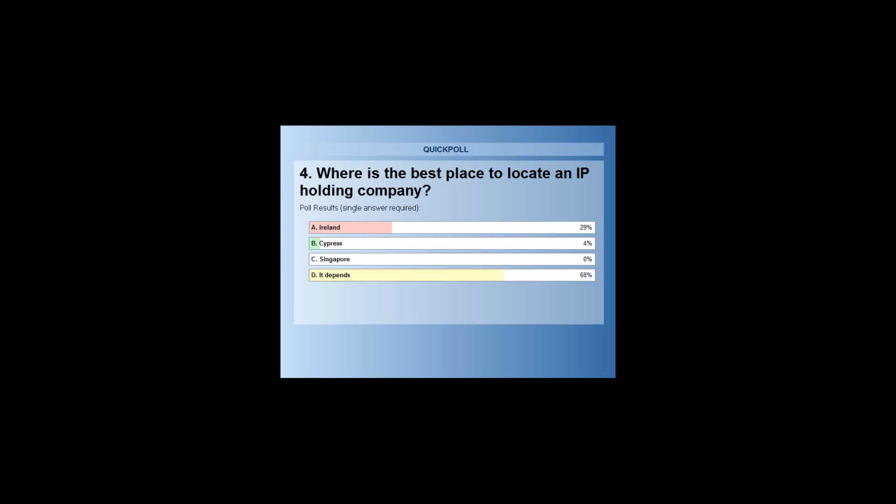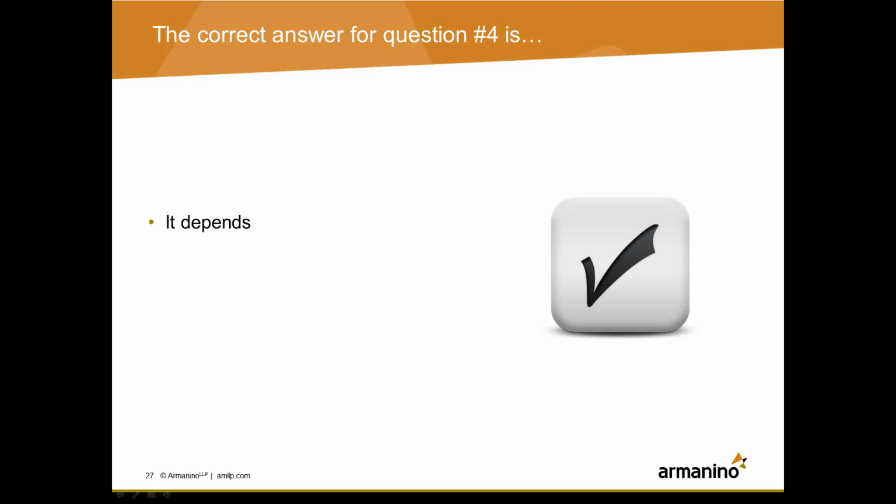All right, so yeah, this was a little bit of a trick question. Ireland, Cyprus, and we'll excuse the spelling on Cyprus, and Singapore are all jurisdictions where you can locate offshore IP structures. Cyprus, given their banking issues, is a little lower on the totem pole, but there are a number of jurisdictions that are very beneficial from a tax structuring perspective. They include Ireland, Singapore, Netherlands, Switzerland. The UK has a beneficial regime. Yeah. Singapore, Hong Kong, Macau, Malaysia. There's a number of jurisdictions around the world.